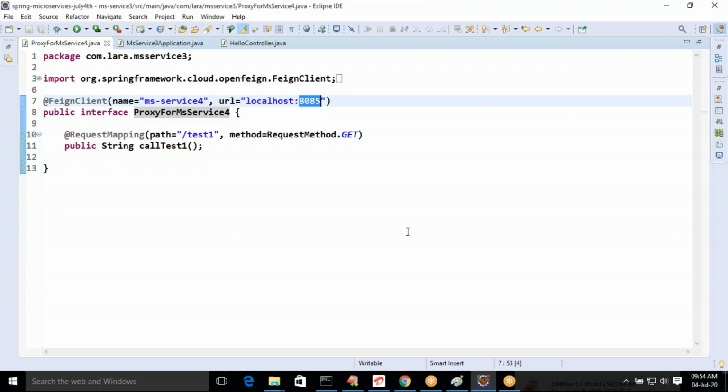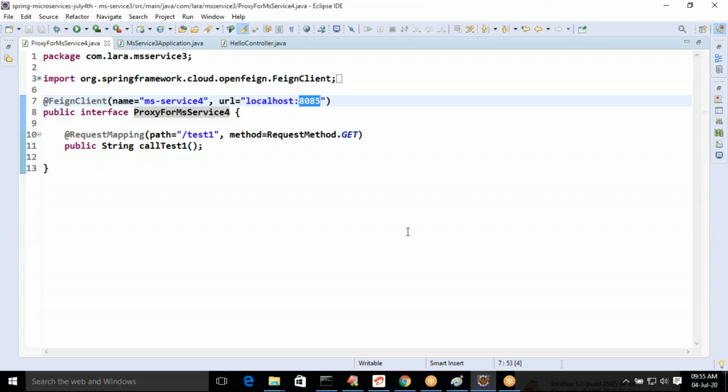Like load balancing is missing. For MS Service 4, assume multiple instances are there: one running at 8085, another at 8086, one more at 8087. Load balancing is missing here.